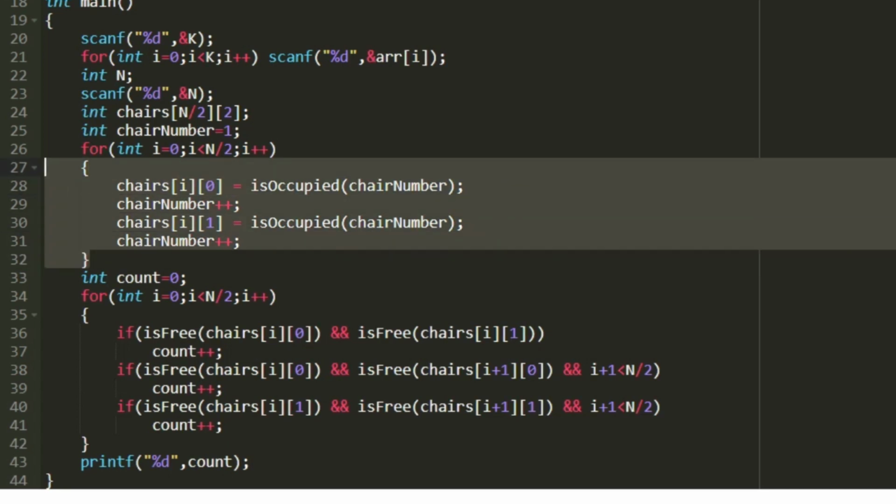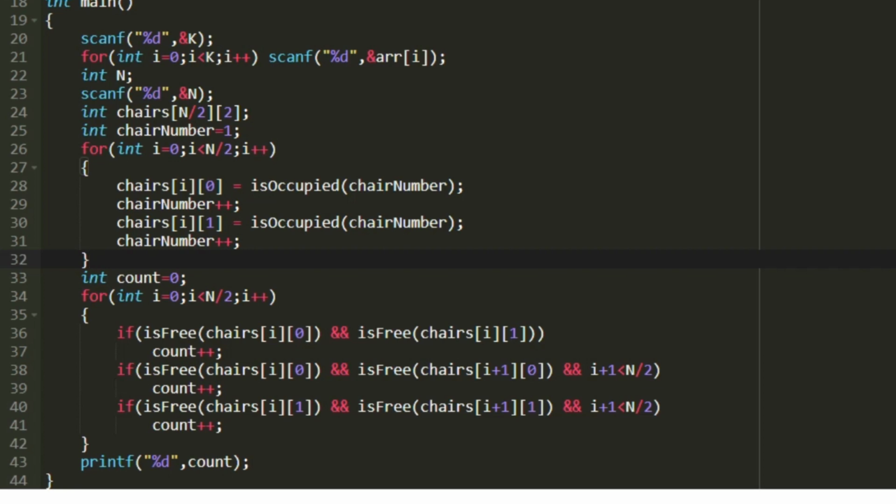So after the execution of the for loop, our two-dimensional array named chairs would have been updated, and if the chair is occupied, then the value will be -1, else the value will be chair number itself. So now we have to count the possibilities of two persons sitting nearby, either in the same row or in the vertically same column as per the conditions given in the question. So to do that, first I am creating a new integer variable named count and setting its value to 0. And also again we need to traverse through all the rows in the two-dimensional array chairs. So only then we will be able to check the total number of possible ways how two people can sit